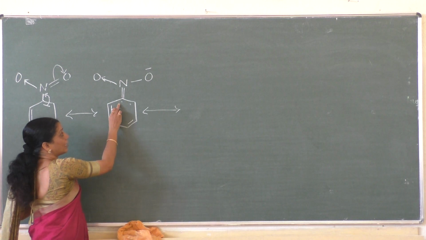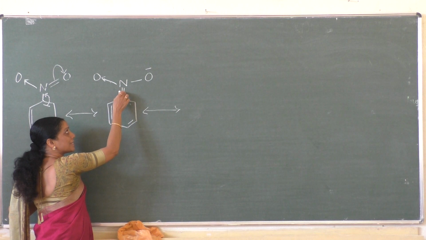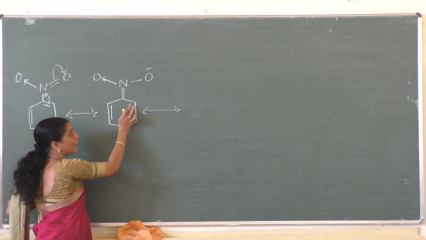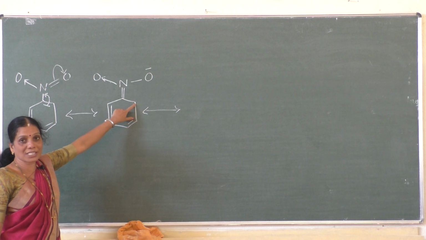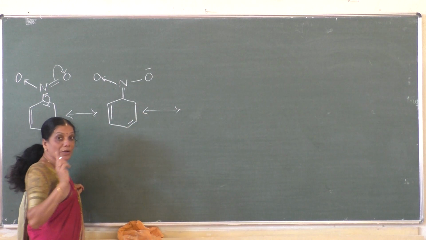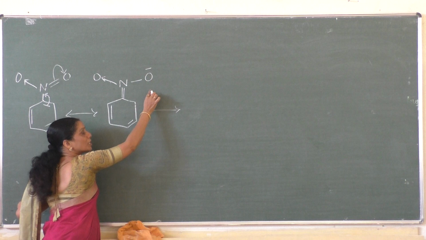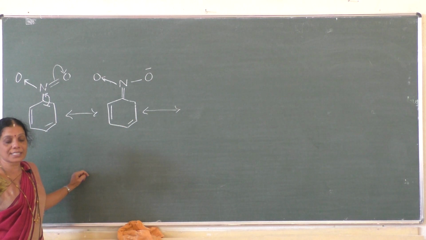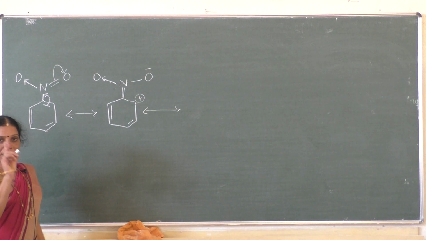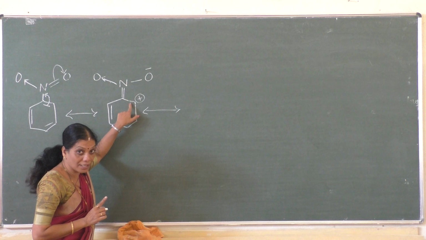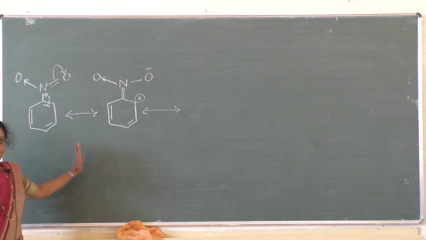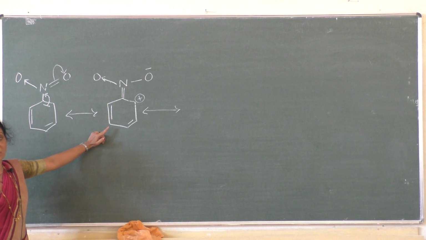Understood? No. Anyway, if the electrons are present here or if the electrons are present here, this carbon doesn't lose any electron. It has that single electron, but loss of electron takes place to this carbon atom. Understood? Once the shift takes place, loss takes place to this carbon atom. If you count the valency, 1, 2, one more is with the hydrogen. It has got only 3 valencies. Loss of electron takes place. I have to write now deficiency. 1 electron deficient in this carbon atom. Therefore, we have to write what? Plus sign. Understood, students? Now, this is the first resonance structure I have written.